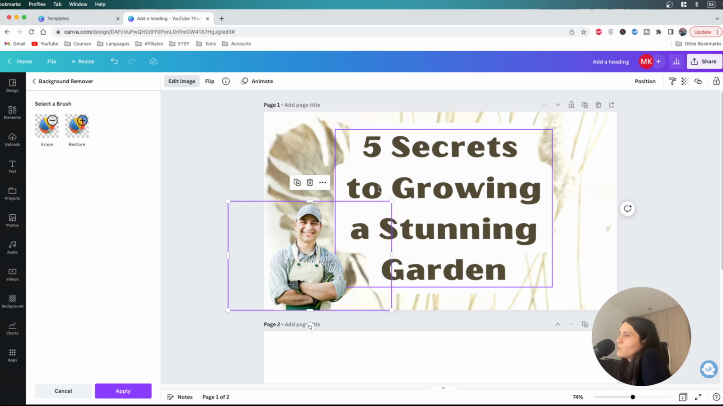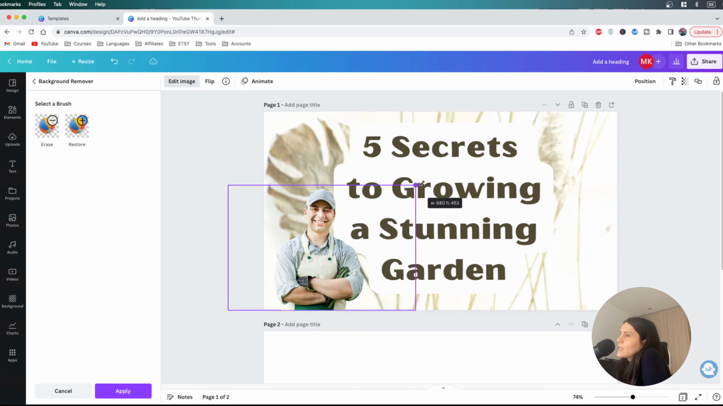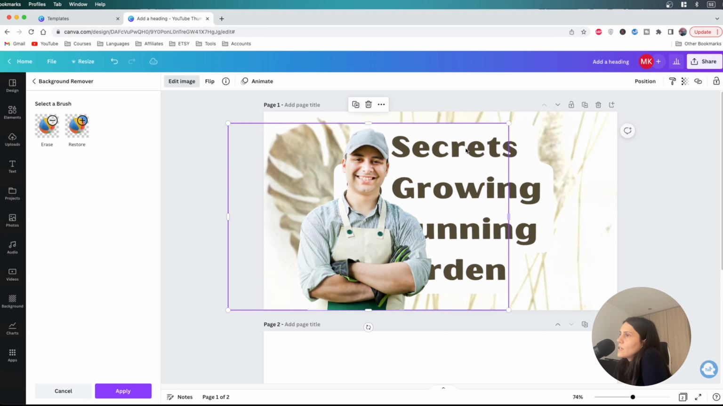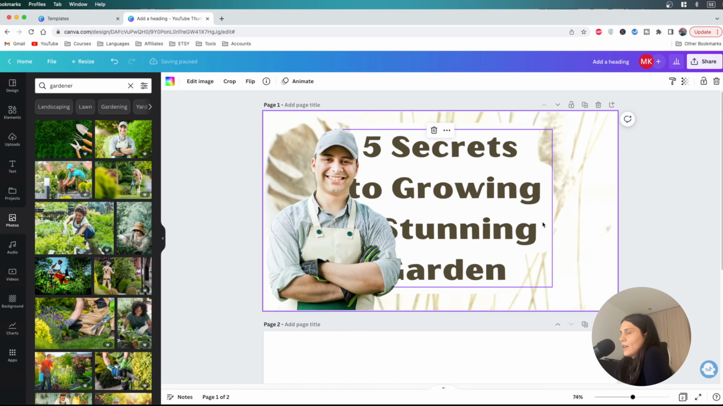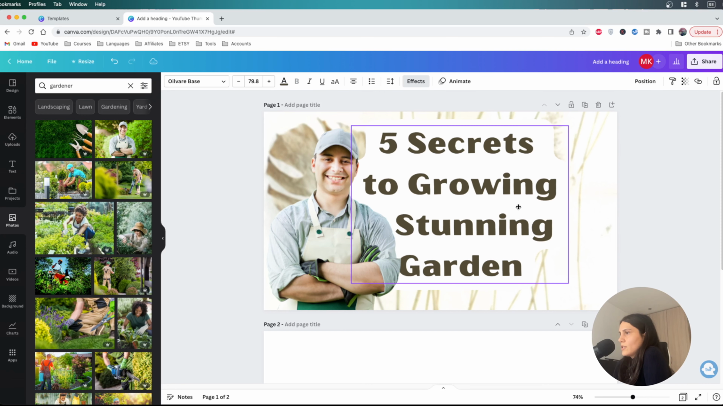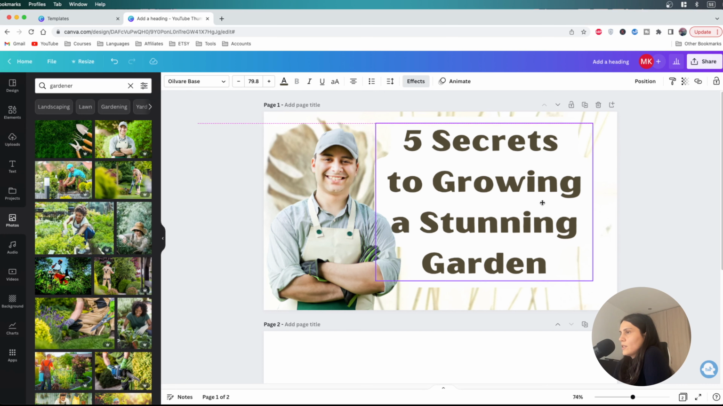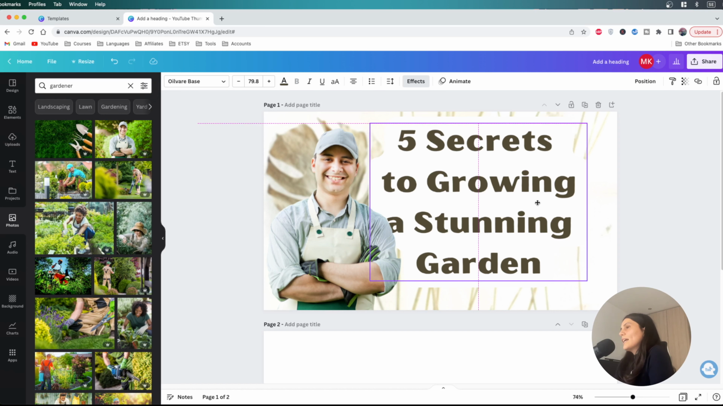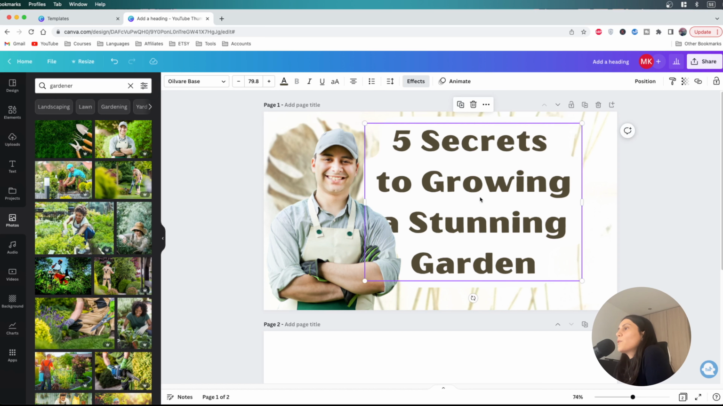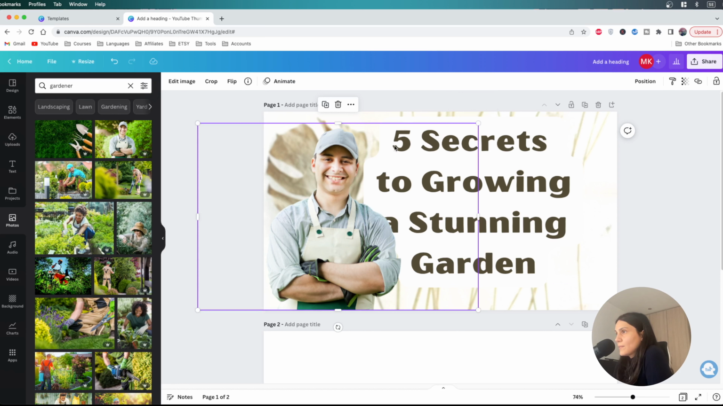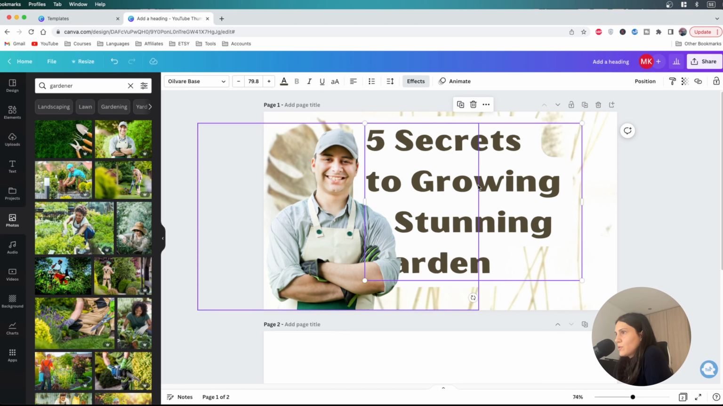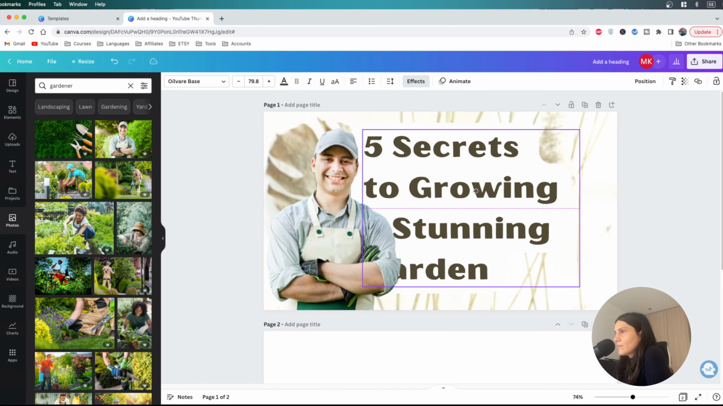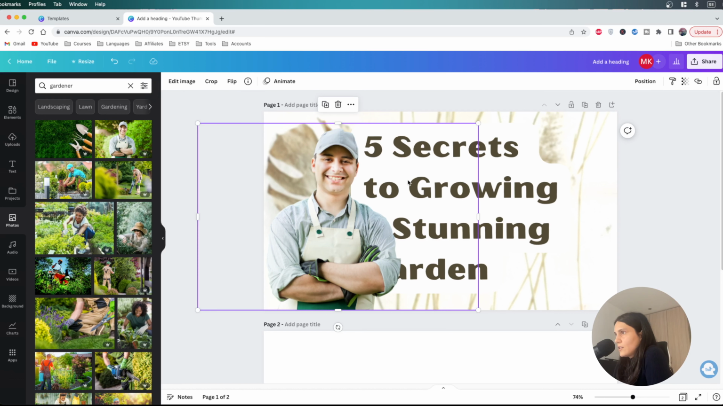Now the background is removed, and let's adjust the size. Looks good. And here, let's adjust our text positioning as well. So actually what I would like here is for my text to hug this image. So to do that, I want to first of all align my text to right, and as you can see,